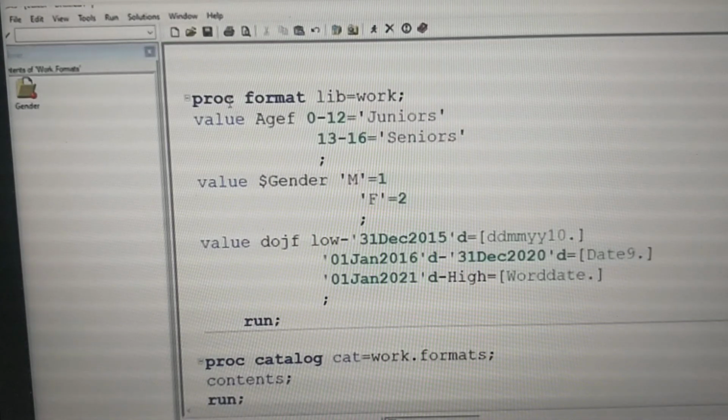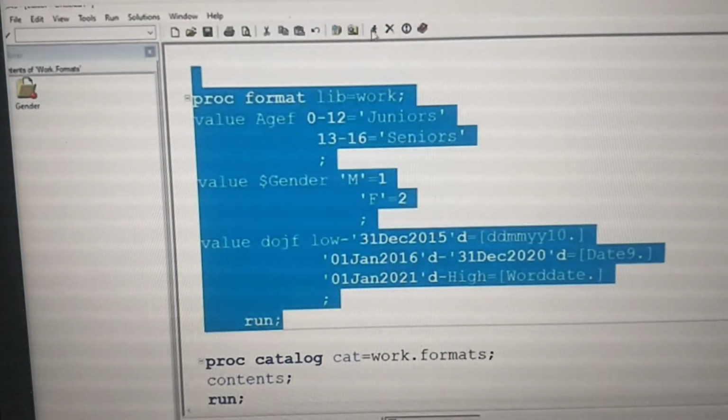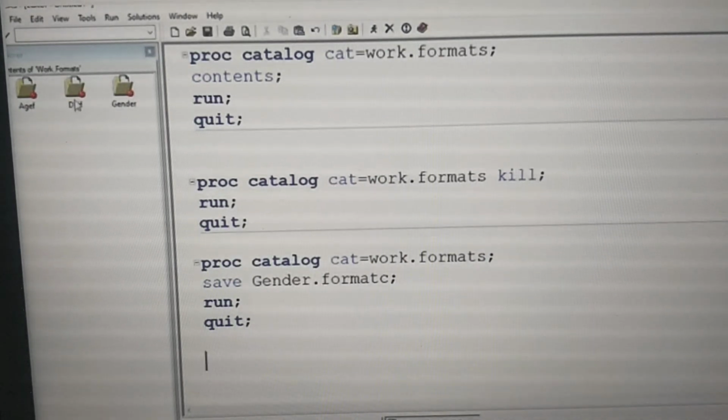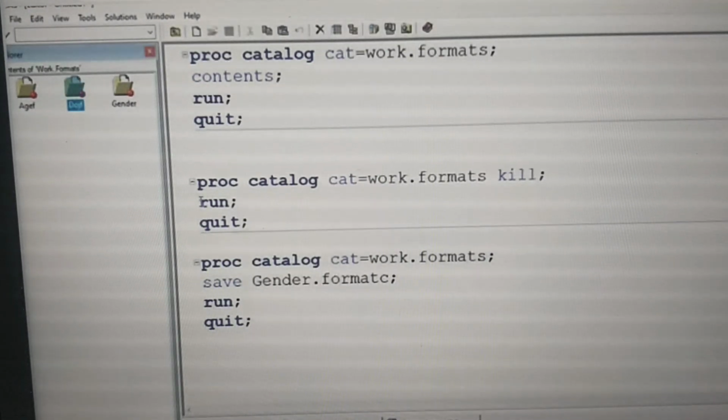Okay, I am submitting this one. Anybody please let me know here. Now I want to delete only DOJF. Then